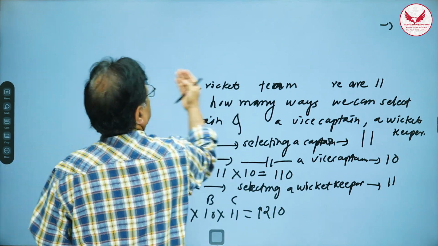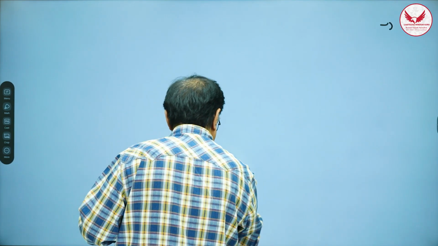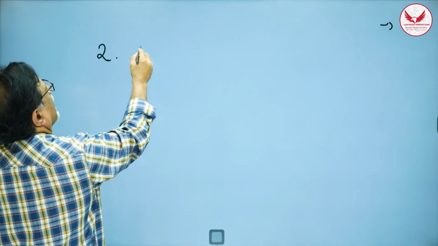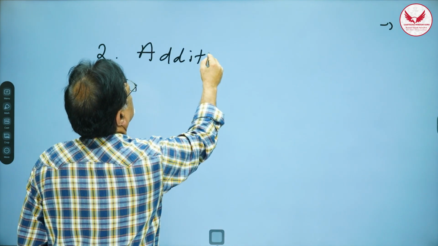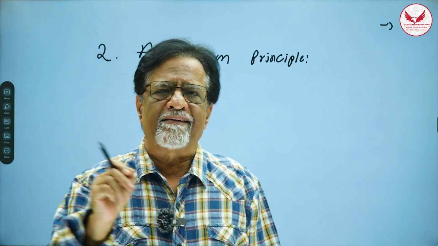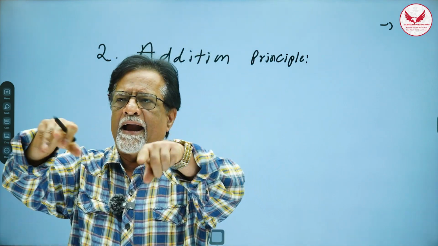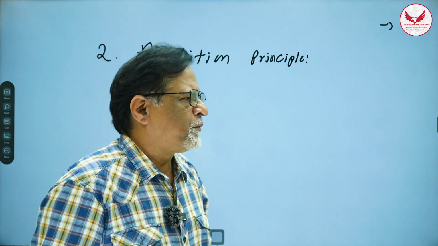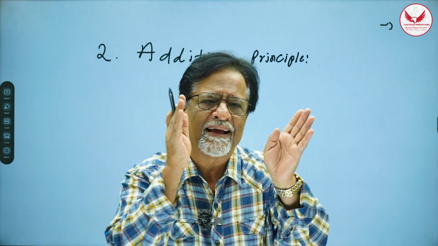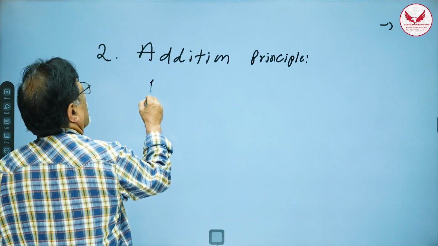Now let us see another principle, that is called the second principle of counting, called the addition principle. The crucial word, as I said in the last counting principle, was job A and job B. But suppose I don't want to do both the jobs simultaneously. I want to do the jobs either A or B. Correct? So the job A